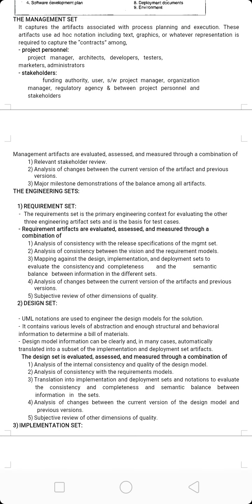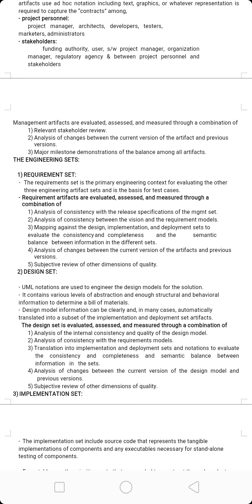Okay, so next one, the engineering set. In this engineering set, we have requirement sets, design sets, implementation sets, and deployment sets. In that, first one is requirement.